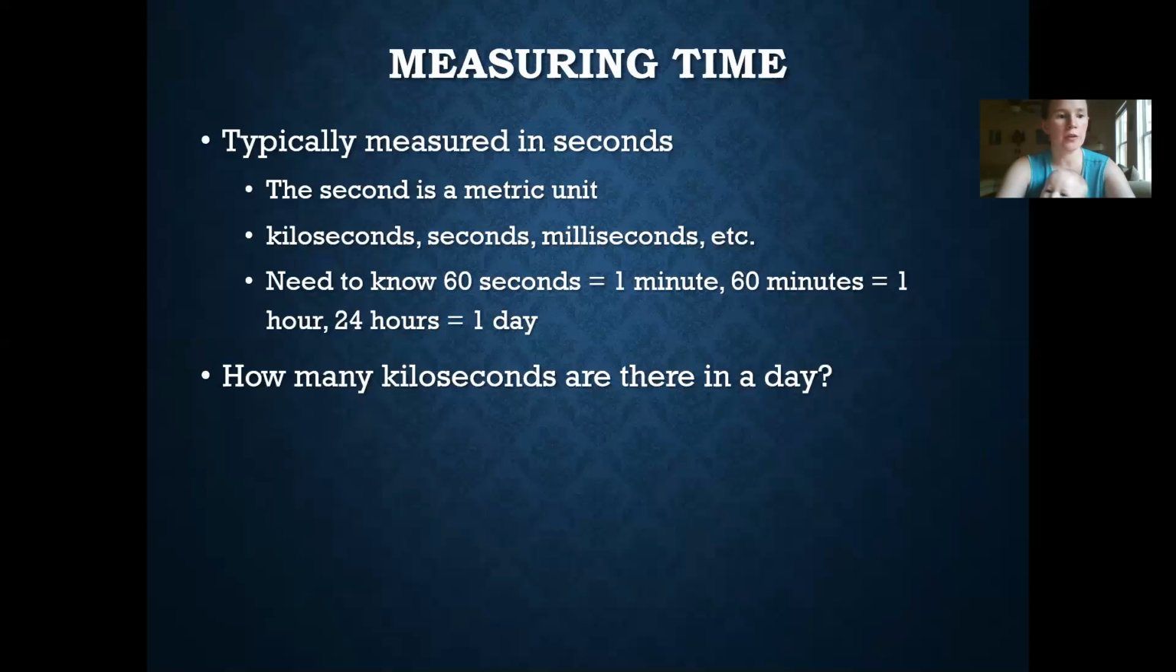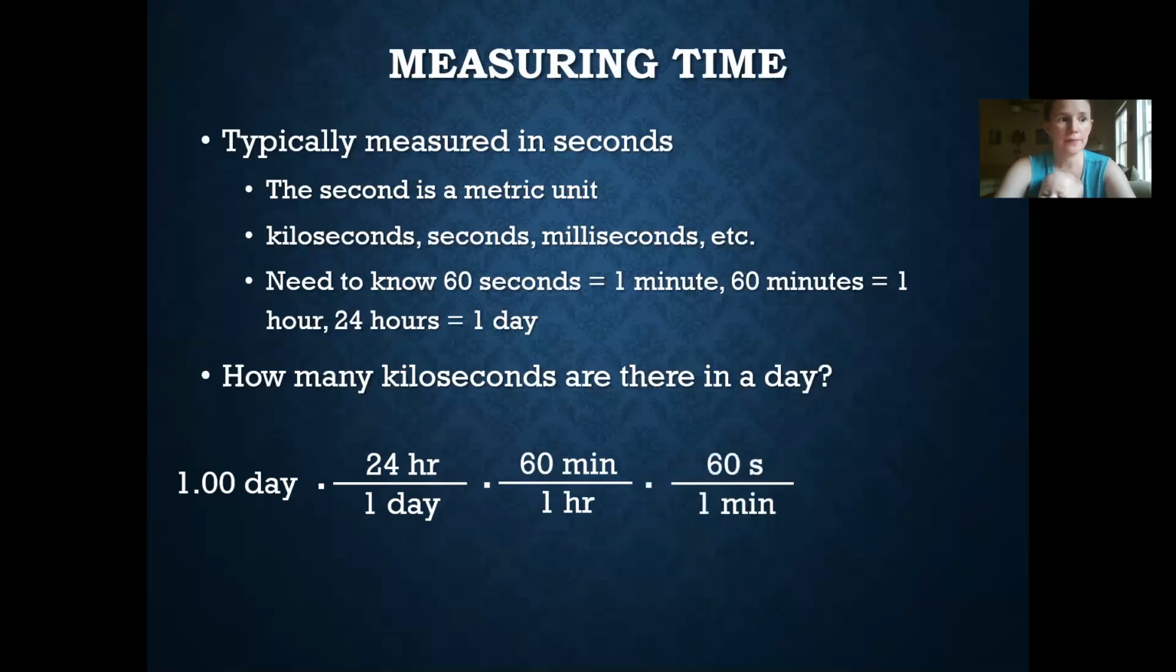So just for fun, we're going to do a quick unit conversion problem. How many kiloseconds are there in a day? We start out by writing out 1.00 days. How many hours are in a day? 24. How many minutes in an hour? 60. And how many seconds in a minute? 60. So the days cancel each other out, the hours cancel each other out, the minutes cancel each other out,